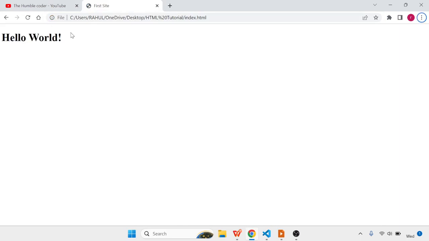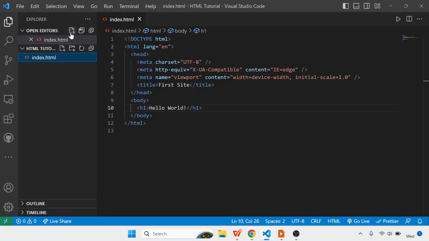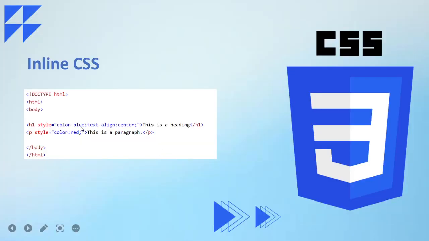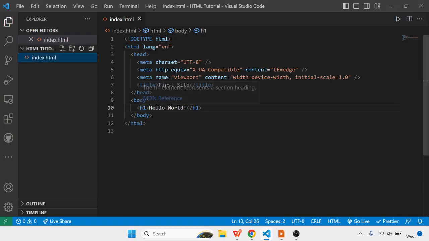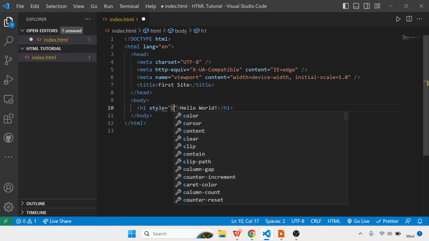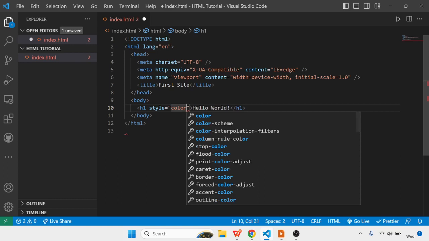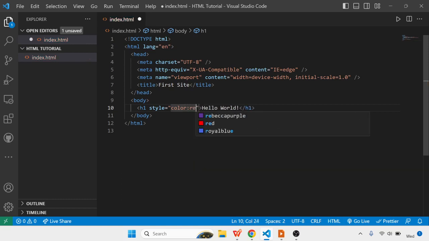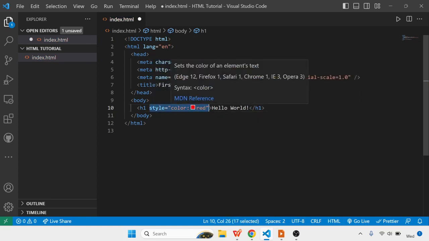Now I want to apply some style on it. I want its color to be red. This is the basic style I want to apply for now. So let's make use of inline CSS for this purpose. I'm going to add the CSS in the line itself, making use of the style attribute. So style, and then here we have to mention the color property and the value of that property as red, because we want the color to be red. In this simple way we can add the style to our HTML code.